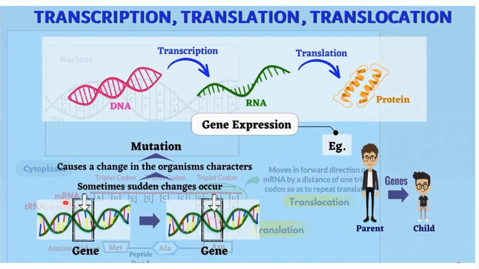But sometimes the pairing does not happen properly. The pairing sometimes gets disrupted. Due to this, a phenomenon known as mutation occurs, causing change in organism characters. Sometimes a sudden change can occur, a mutation. For example, one eye color is blue and one is black, sometimes it happens. This is a normal small mutation. Having six fingers on one hand is also a type of mutation. So that's how transcription, translation, translocation works.